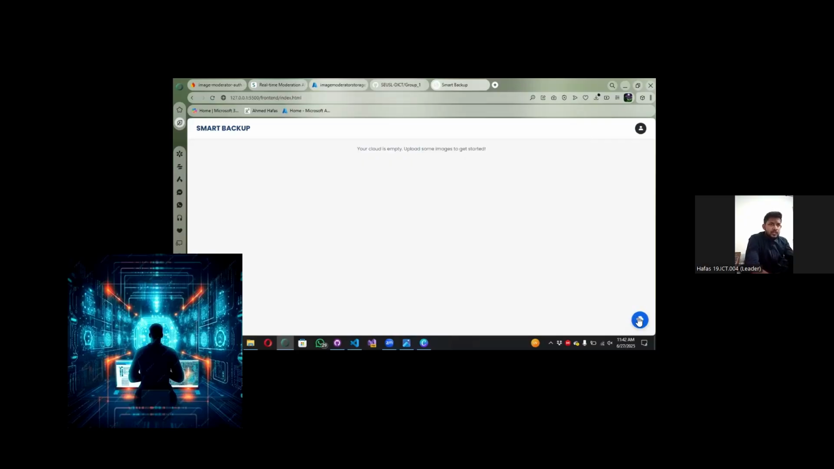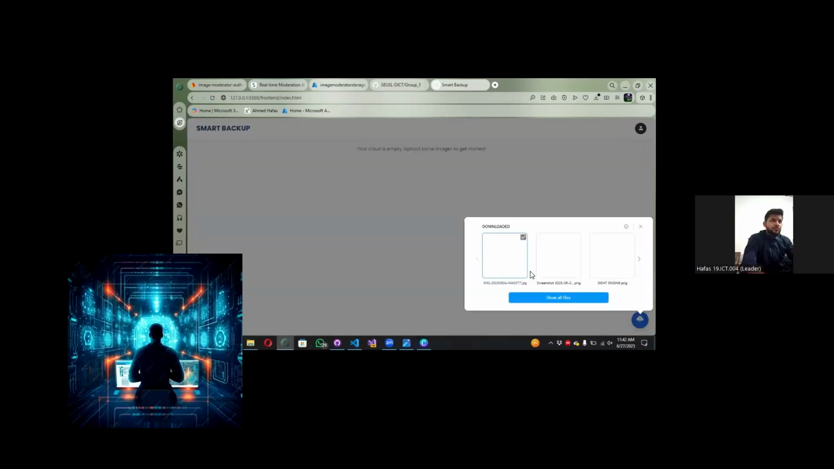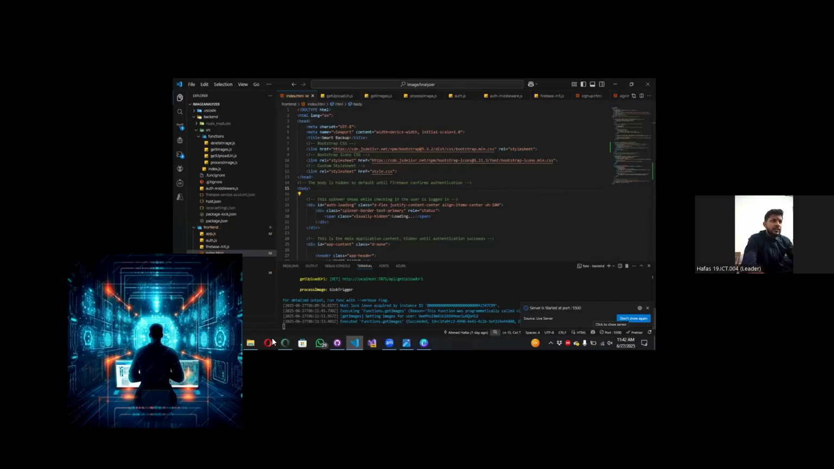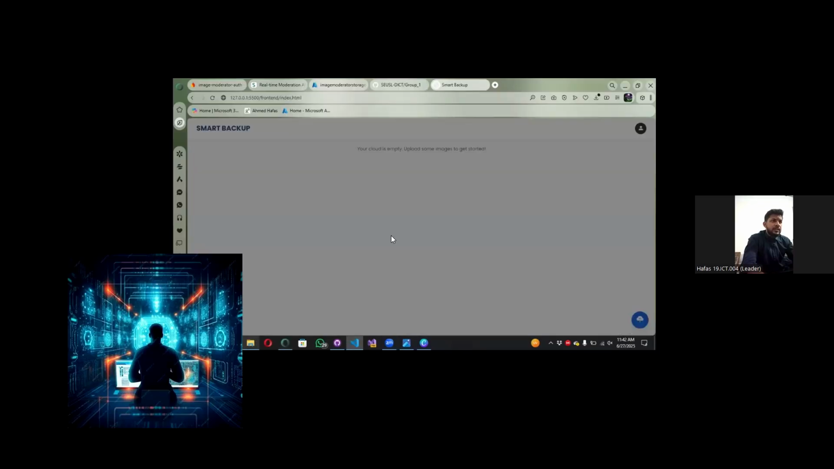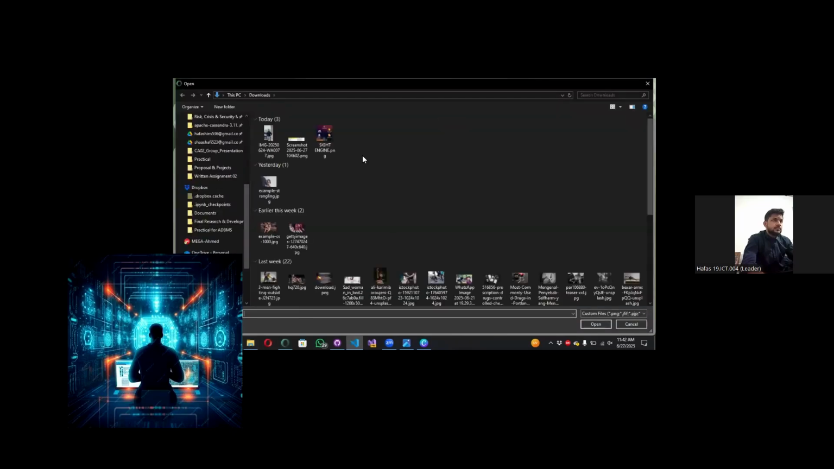In the bottom right corner, you can see the upload option. Here you can click and upload images, single or multiple images. Just click show all files. Here, I want to check. This is one image, and also